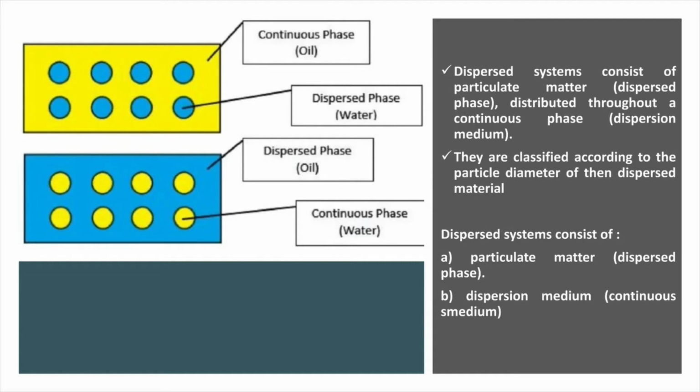Now the properties of these colloidal dispersions are totally different. They are different from the solution phase, and different from the suspensions, that is, the monophasic and the biphasic. They have exceptionally good properties which can be utilized in various pharmaceutical applications. The dispersed phase basically consists of particulate matter dispersed into the continuous medium, also known as the dispersion medium.